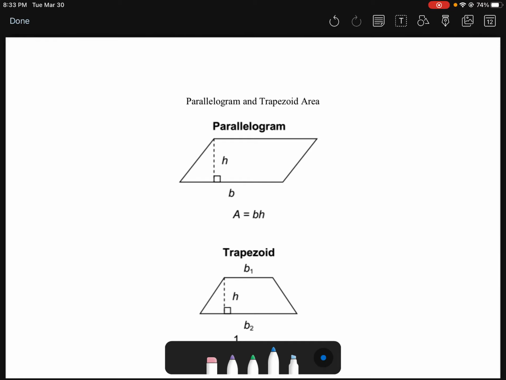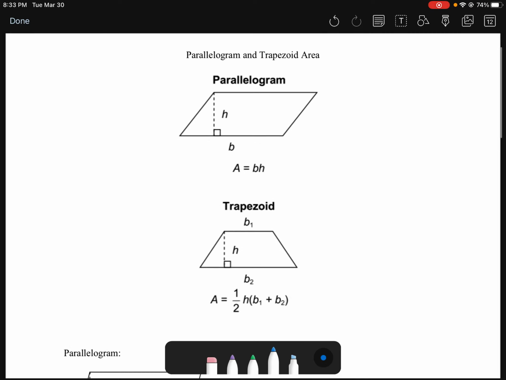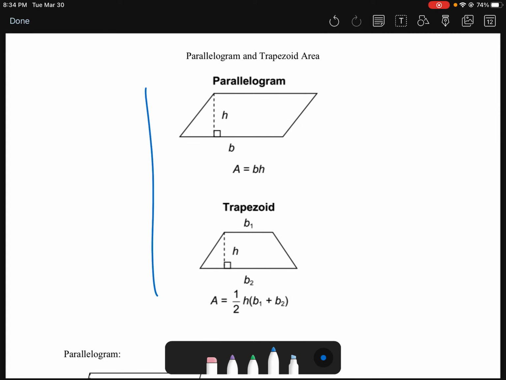Hey guys, today we're going to talk about finding the area of a parallelogram and a trapezoid. On the PSSA formula sheet, you will see these two things right here. To find the area of a parallelogram, you just take the base and multiply it by the height. Now, just like the area of a triangle, the base and height are the two lines that are perpendicular to